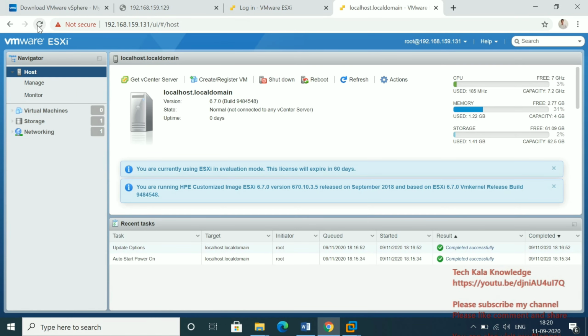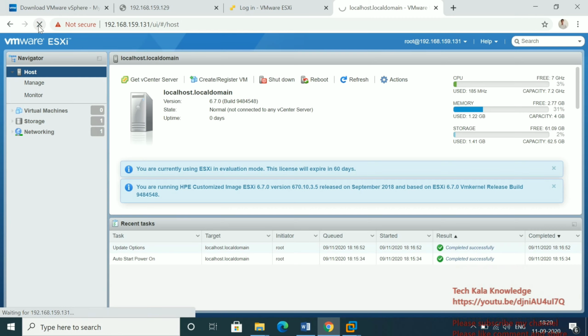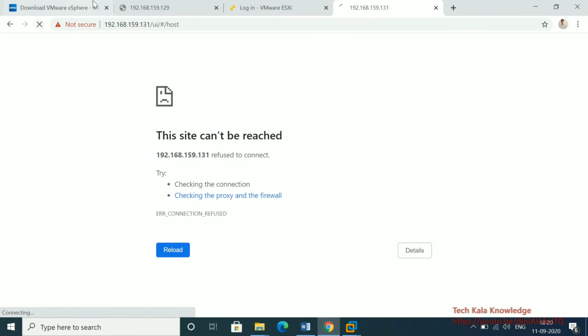If you refresh this page, then it will not work because we changed the IP, right? So you can see now this site cannot be reached. So we have to open 192, 168, 159, 30. This is the IP, right?